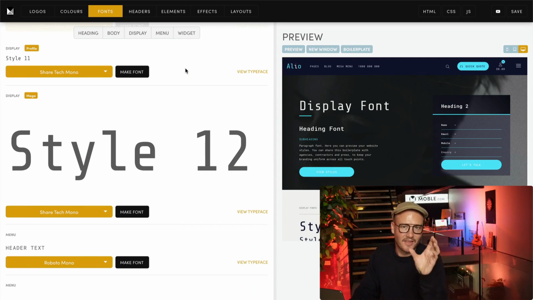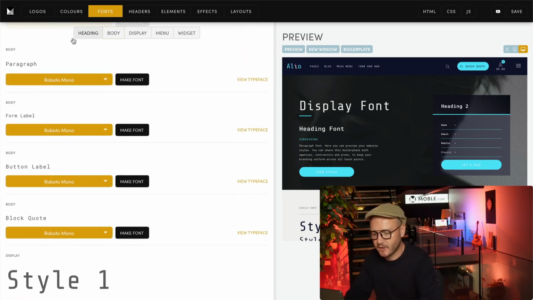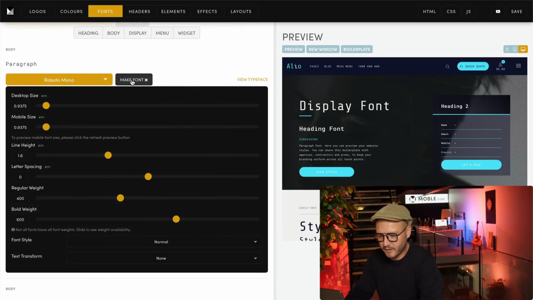So I'm just going to explain this now, and then I'm going to let you play with the bot so that you can choose yours in a particular preference. Okay, so let's look at this. And to explain this, I don't think there's any better font to explain this on than your paragraph text. Okay, so let me just click body and let's go to paragraph text, make font, and you can see here